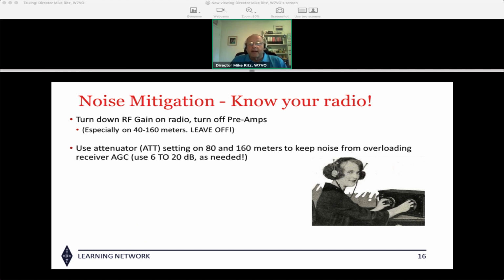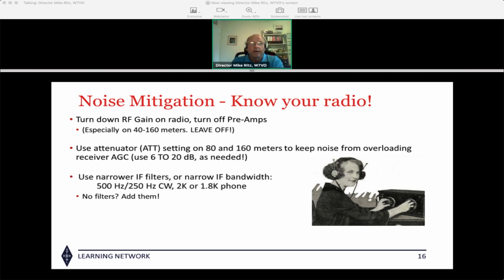As a matter of fact, on 80 and 160 meters, consider turning the attenuator on. I find it very useful to use between 6 and 20 dB of attenuation on the front end of my radio. You know, there's a little switch that says ATT on it. If you're on a low band, especially on 80 and 160, try turning that on. You'll be surprised how many signals will come out of the noise. The reason for that is the noise is so overpowering. It's overpowering the automatic gain control, the AGC in the radio. So the AGC is reacting to the noise and not the signal. So it's burying the signal and bringing the noise up. By throwing in attenuation, the AGC gets a little bit of reprieve,